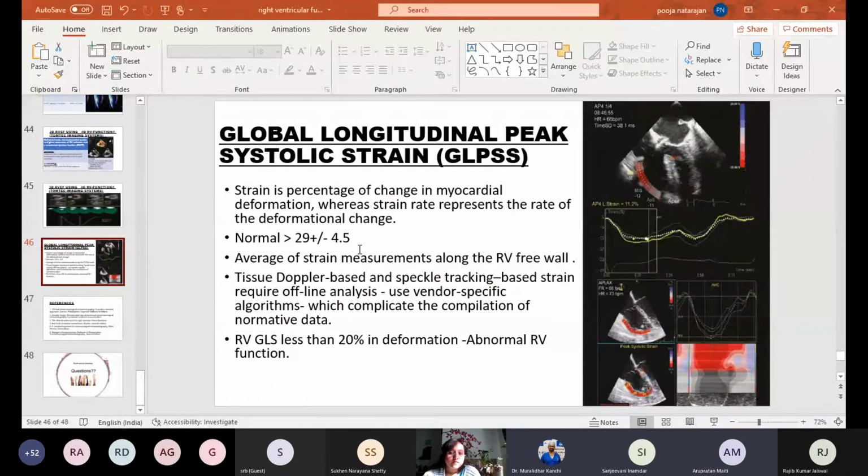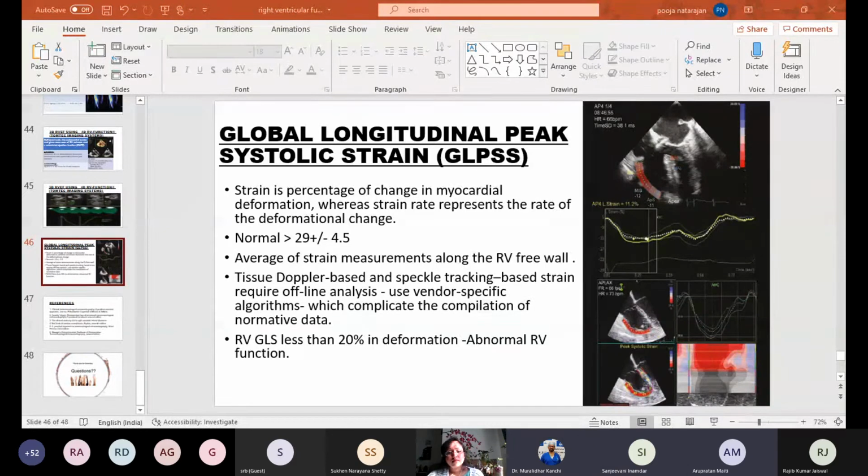Yeah, definitely. The first point, yes, the values are different between GE, Philips and Siemens machines. It's different from machine to machine, but I think they are now coming closer to each other. Initially the values were very different. Now they are very close. Like for LV, we have come to a value like -20. But for RV, we don't know really.